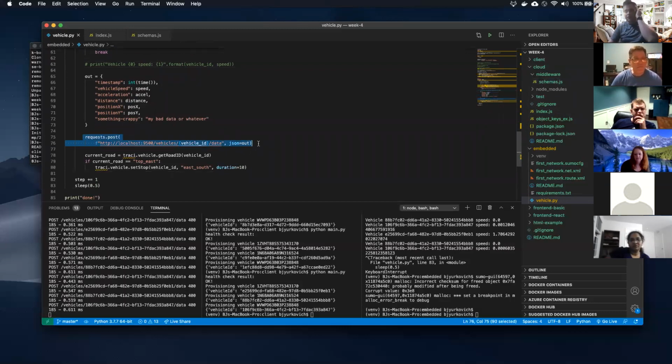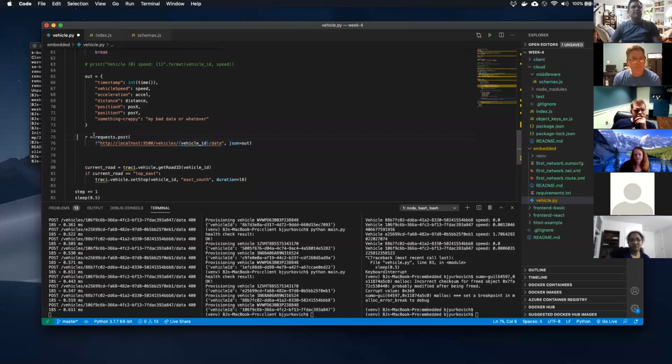The simulation's just happening in Sumo, right? And so if we try to post this, we can do r.print r.status code, we expect a 400 back, right? So let's do that.